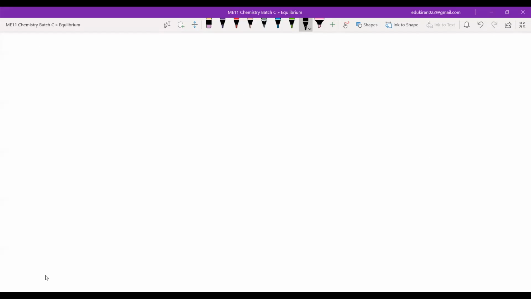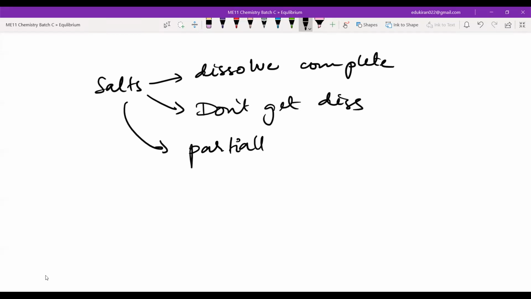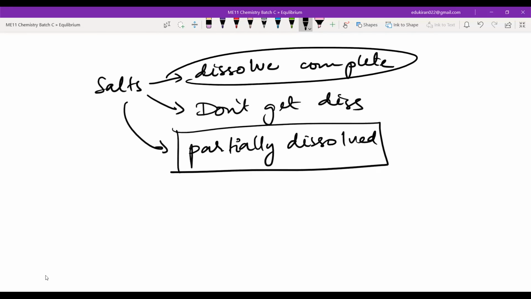Okay, so we know that there are extremes of salts. There will be some salts that get dissolved in water completely. There will be some salts that don't get dissolved. And there will be some cases in which they are partially dissolved. So we are more interested in partially dissolved cases, because if it is dissolving completely,